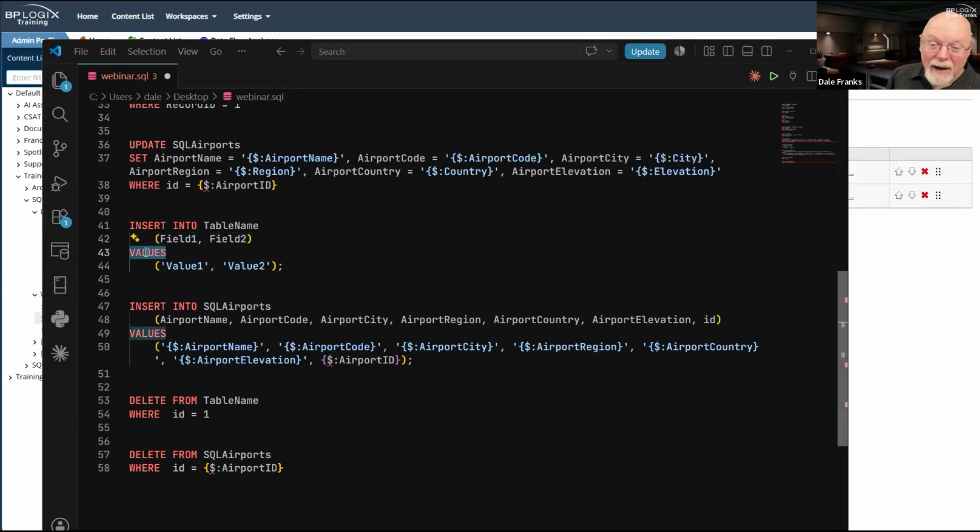Then we're going to break and say values. This is the data I actually want to put in these fields. And once again, we get the stupid parentheses, and now we have to ensure that the values that go in this set of parentheses are in the same order as the field names that I call. So that means if airport region is the fourth field in this list here at the top, then airport region better be the fourth field in the list of values at the bottom.